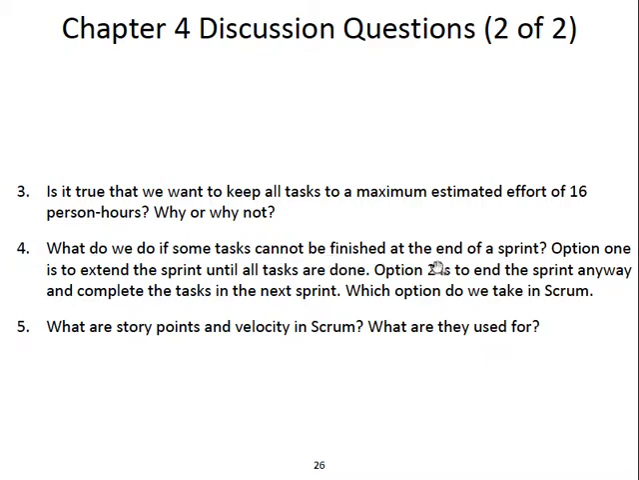What do we do if some tasks cannot be finished at the end of the sprint? Extend the sprint until all tasks are done, or end the sprint anyway and complete the task in the next sprint. 咁當然係 option 2。我哋啱啱講完 user story points 同埋 velocity，呢啲你需要知。咁我哋 take 3-4分鐘 break，之後講埋後邊。